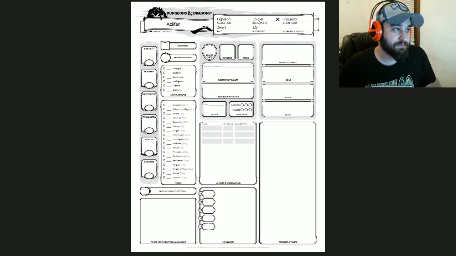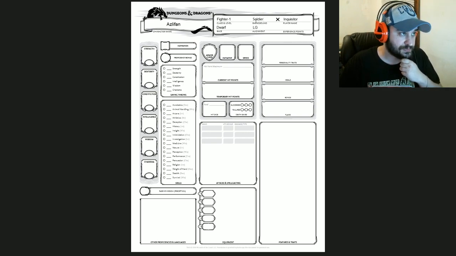So this is the very, very basic information. So let's start getting through it. Let's start explaining it, and let's start explaining why I chose this. So the dwarf works really well with a fighter, depending on what you want to do. I wanted to do a tank kind